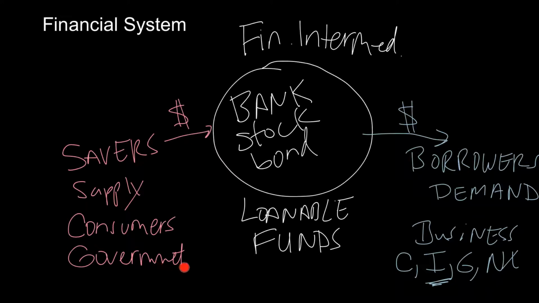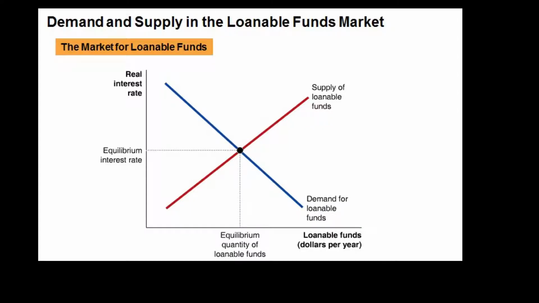If the government is running a deficit, which is what we're more used to, and they're spending more than they take in, we're going to show that as them decreasing supply. I have an exact example I'll show you, but I just wanted to mention that we're going to keep government on the supply side, and the budget deficit or surplus will just be reflected in what that does to the supply side.